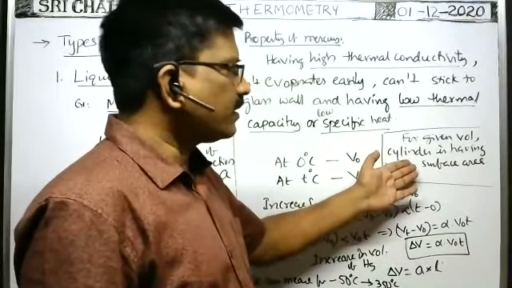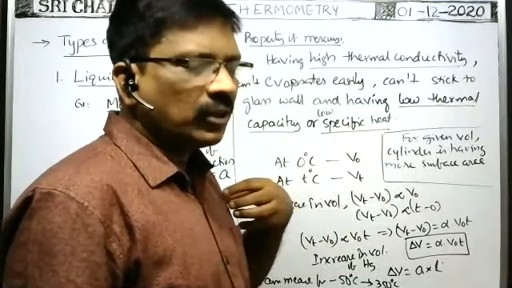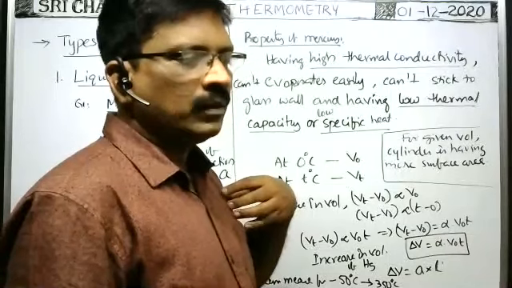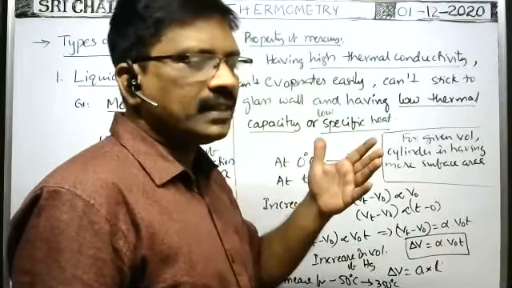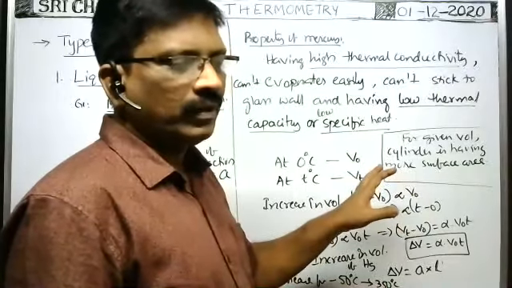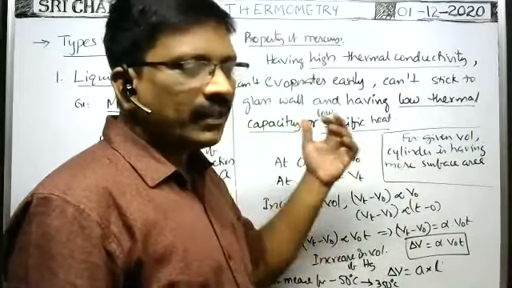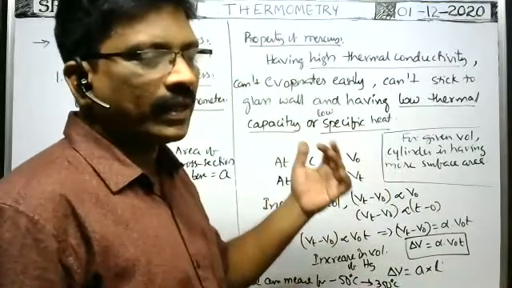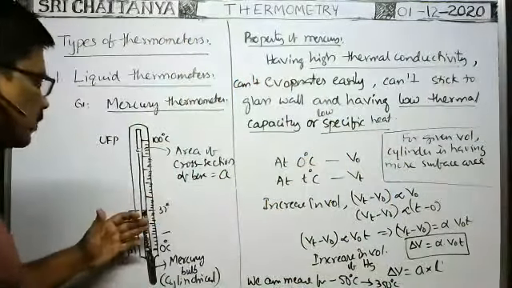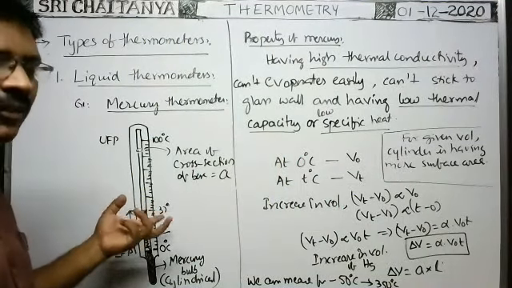Whenever more surface area is there, more surface area of the bulb is in contact with our body while measuring the temperature, so there is more transfer of heat energy from our body to the mercury in a short interval of time. That's why there is a fast rise of temperature of the mercury, so that fast expansion takes place. Whenever the expansion takes place very quickly, we can measure temperatures with the thermometer very quickly.